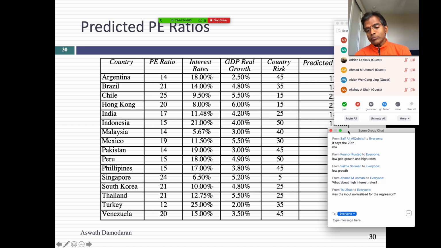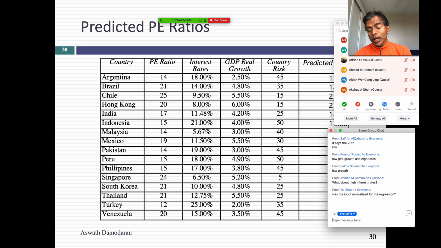Can you update this to today? Absolutely. In fact, you have much richer data. The reason I haven't done it is I've been too lazy. But if you downloaded the PE ratios for 30 markets, which you can now on S&P Capital IQ, and then you downloaded measures that you think drive that PE ratio, remember, it's growth, risk, and return on equity, or something correlated with those, you should be able to do exactly what I did in 2000 and tell me which markets look cheap and which markets look expensive.